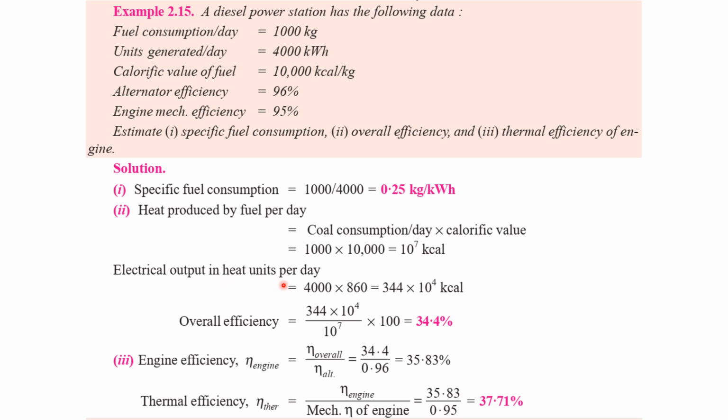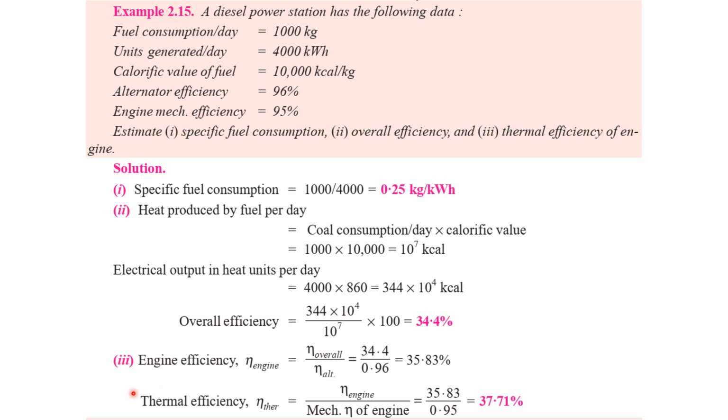So electric output in heat units can be found by converting this kilowatt hour power into kilocals, which you can do by multiplying it with 860. So 4000 into 860 gives you 344 into 10 to the power 4 kilocals. Overall efficiency is simply the ratio of the two. So 344 into 10 to the power 4 divided by 10 to the power 7 kilocals gives you 34.4% overall